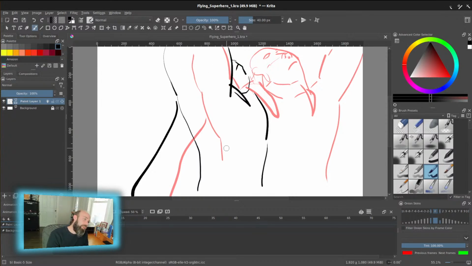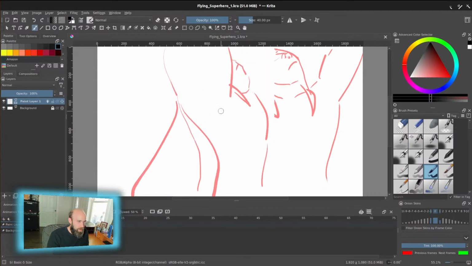Arm's a little bigger than I planned on, but hey, he's a superhero, right? Gonna bring that cape around a bit here. And kind of the thought from this point here is to start getting around him to where it's a little bit further of a leap than probably I should do, but